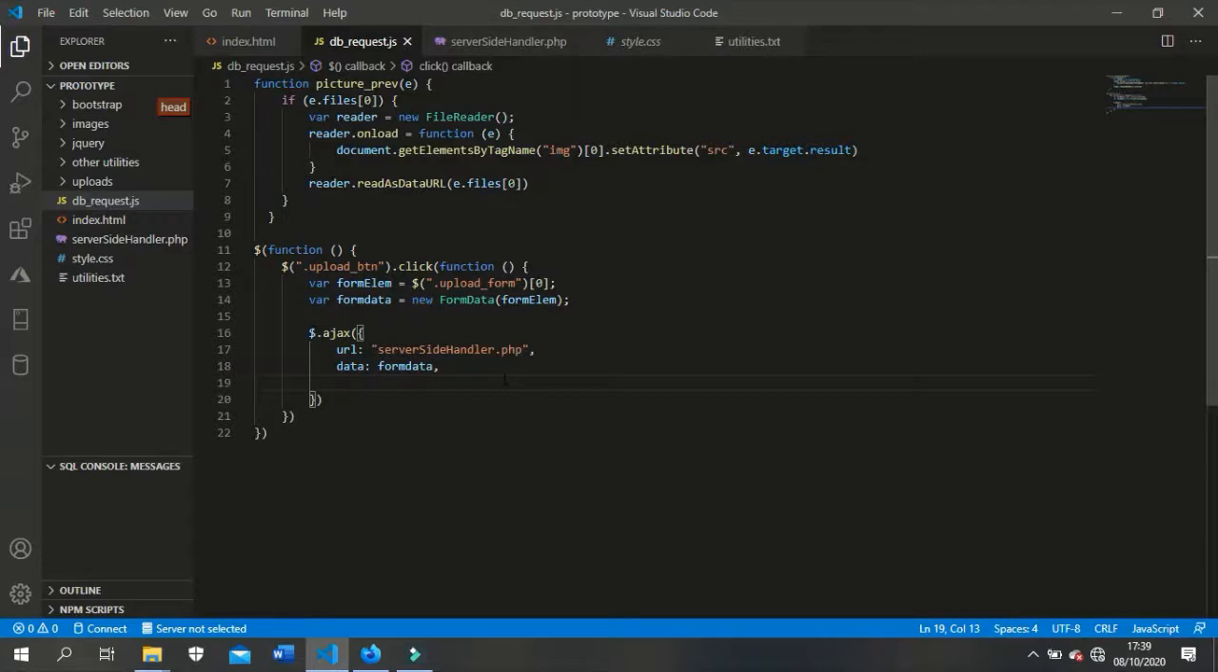Now you need to include this. Include this for it to be able to send the files with the form data, that is content type false. Then do not process the data, process data false. This is compulsory. You need to include these two